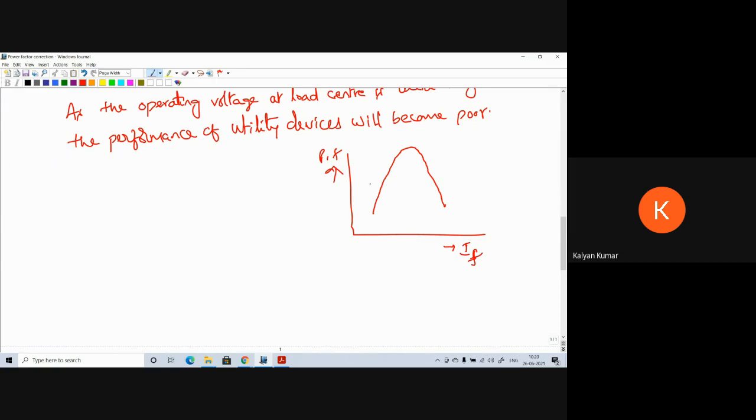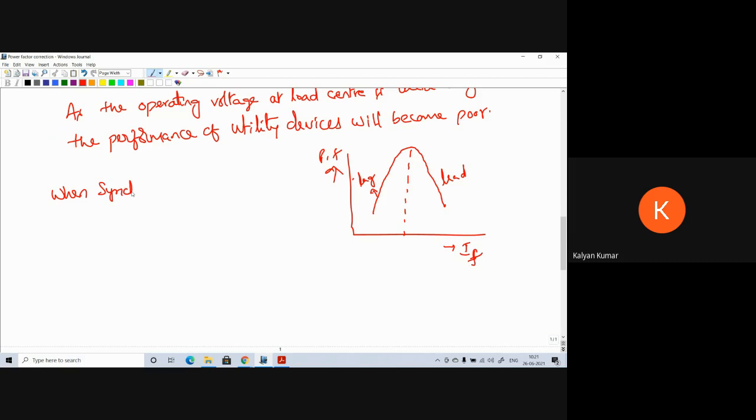When excitation is less, the motor is going to operate at lagging power factor, and at a certain excitation the power factor will become unity, and when you excite it further, it will operate at leading power factor. So we have seen that when